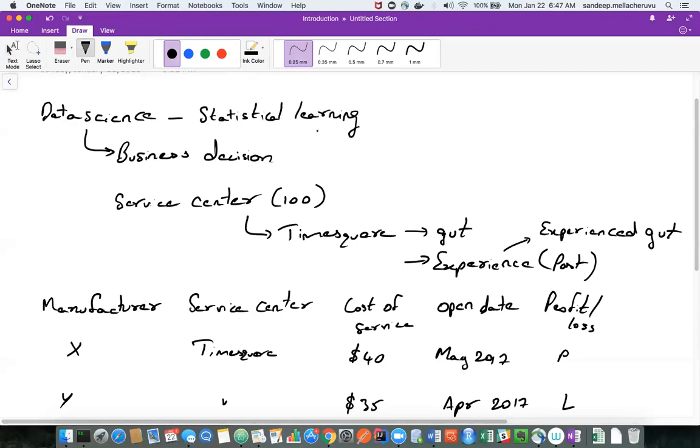Or decision science. All are one and the same. So this is what we'll be doing in the next couple of months.